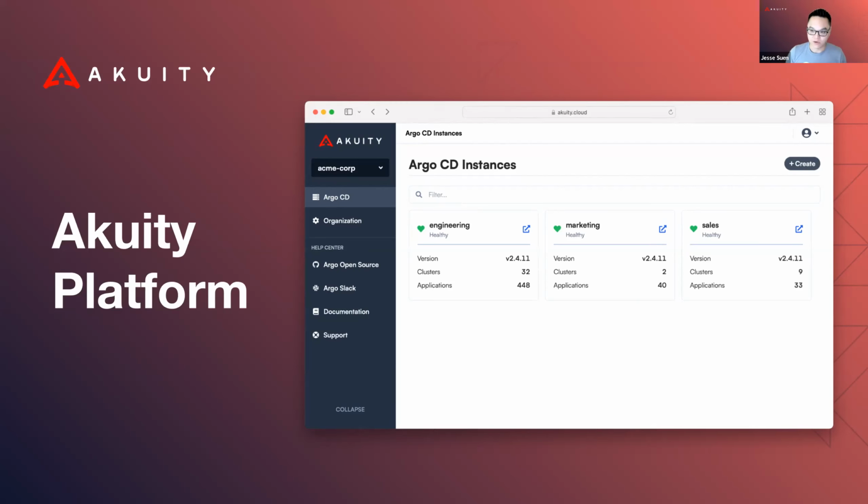And we can offer a reliable platform for running Argo itself. And what I'd like to show in this first part of the demo is how easy we've made this experience to get something quickly up and running, which is secure, highly available, and scalable.